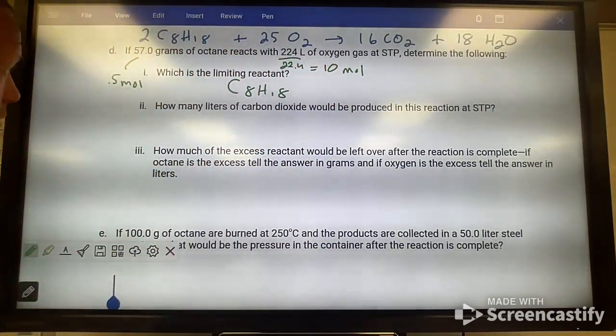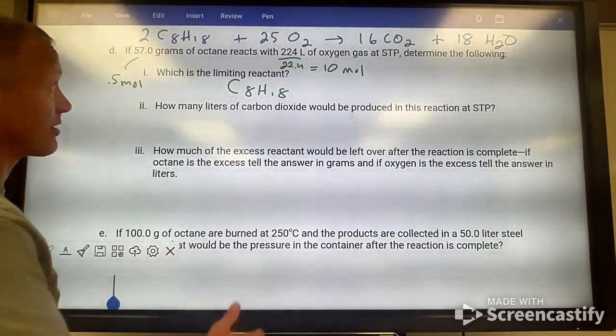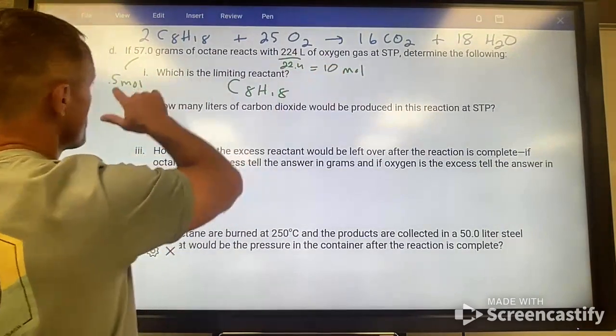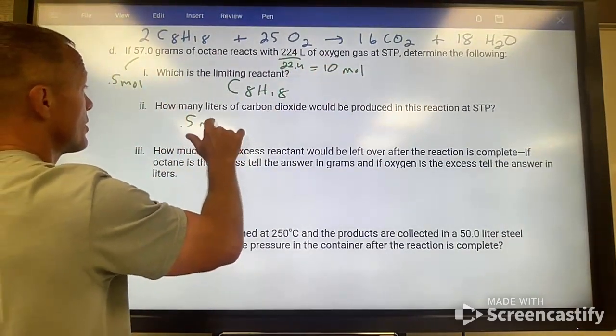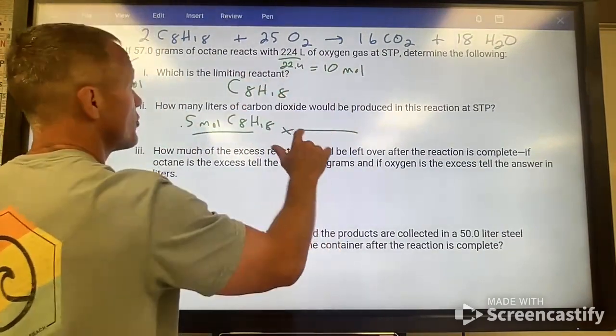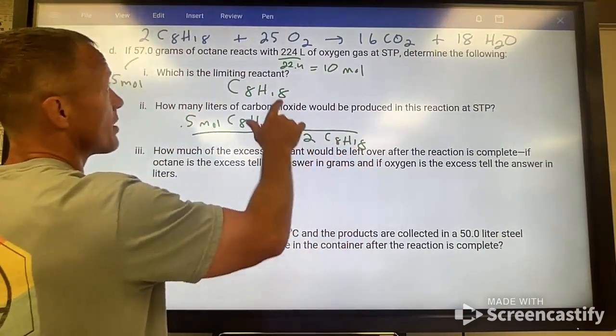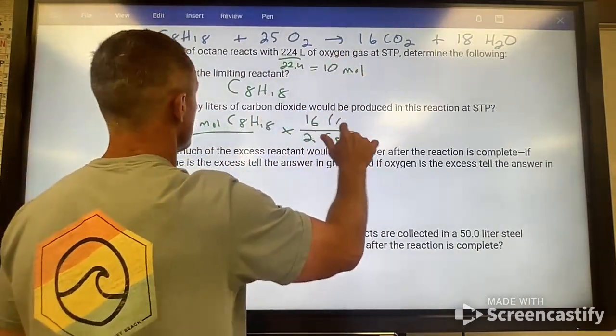Number 2: how many liters of carbon dioxide would be produced? Just start with your limiting reactant. Any stoichiometry you want to do, start with your limiting reactant. You can't start with 10 moles because you have excess of that. But I can say we have 0.5 moles of C8H18. The ratio is, for every 2 moles of C8H18,